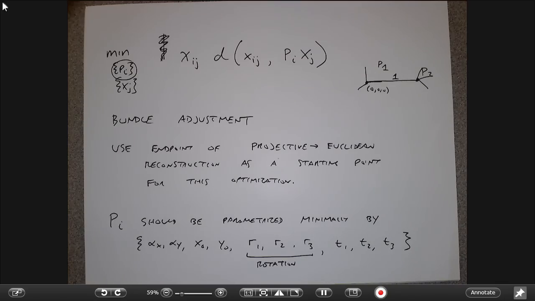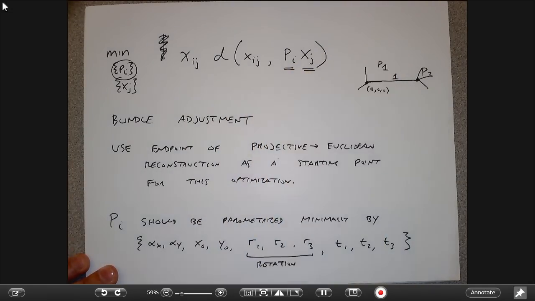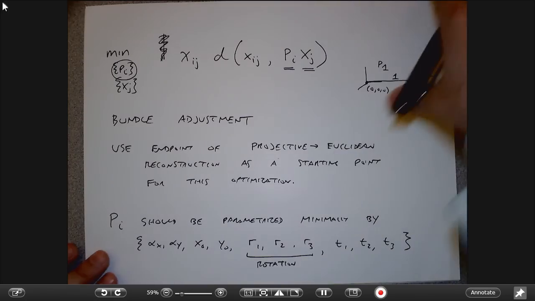So the final thing I want to say about this is that there is a huge dimensionality to this problem, right? Like I said, there are possibly tens of these and possibly hundreds of those, so there are lots of degrees of freedom. If you try to solve the problem without thinking about how it is structured, you'll end up with massive matrices, and it will take you a very long time to solve, right? But one thing to observe that makes the whole problem a little more tractable is that